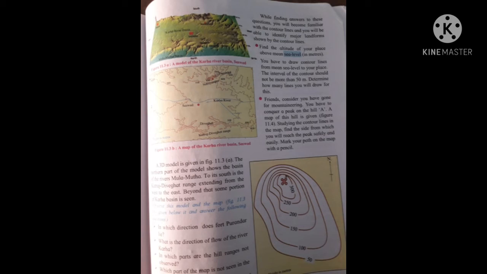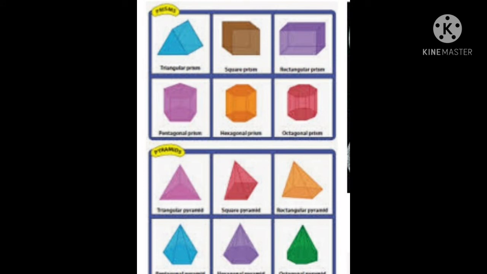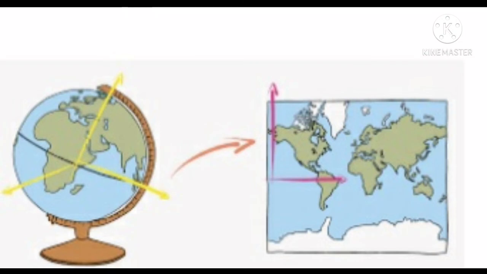Let's take information about drawing two-dimensional pictures of a three-dimensional object. Mountains and hills are called three-dimensional objects. In reality, it is not possible to make slices of a mountain or any other landform and place them on paper or on the ground to draw a two-dimensional picture of that landform. Mathematical and survey methods are applied to draw a two-dimensional picture of a three-dimensional object. Contour lines join the places with the same altitude on a map. Generally, contour lines do not cross each other.